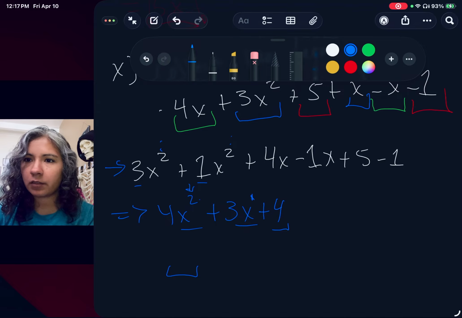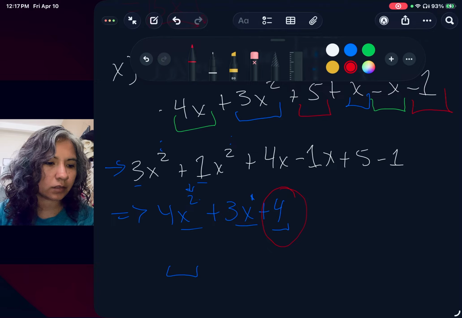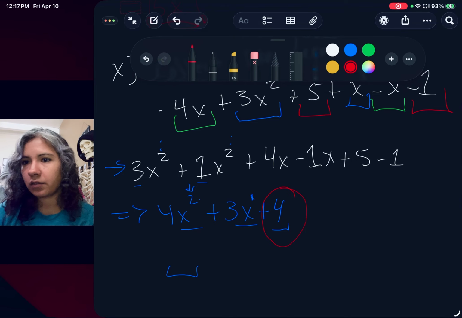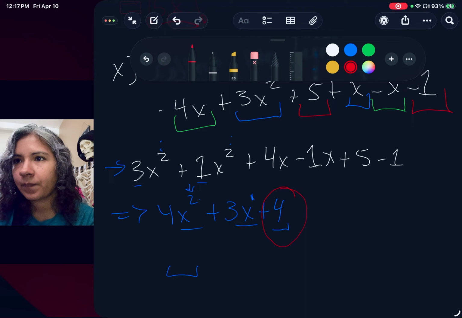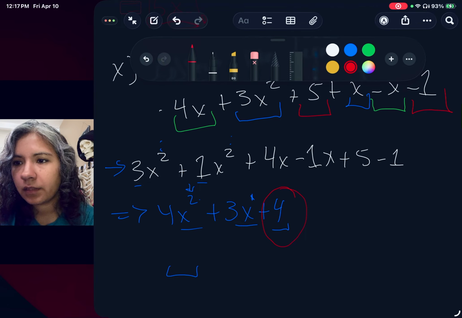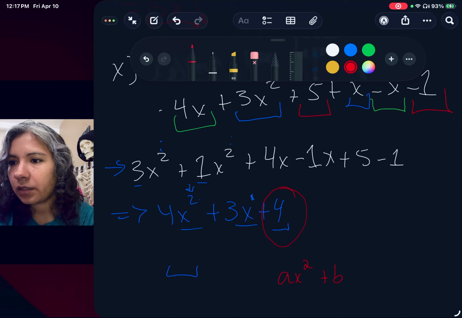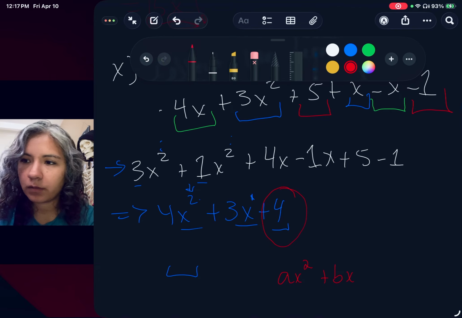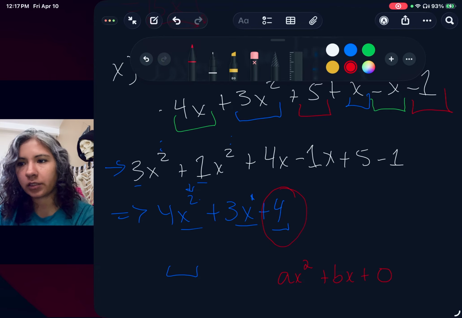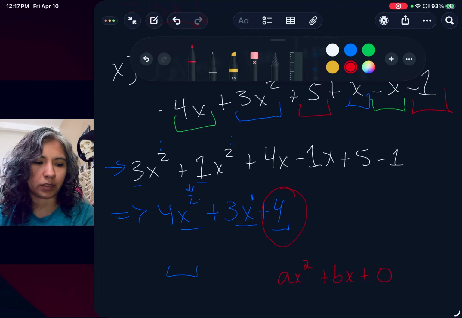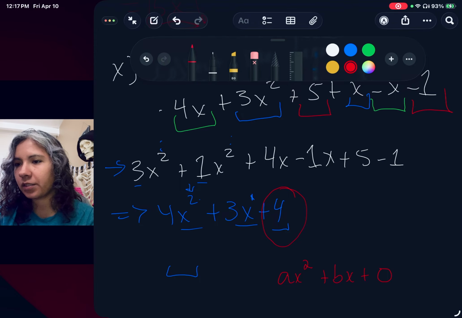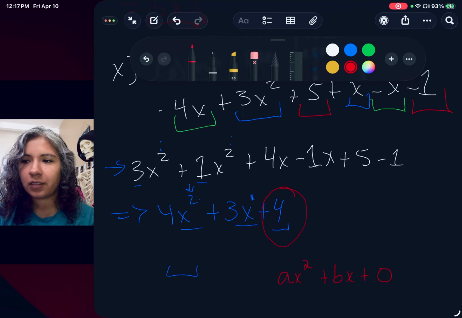So whenever we have an expression without this constant, it's understood that 0 is the constant term. So if we had ax squared plus bx, we would just know that the constant is plus 0. Okay, we don't write it out. It's just like another ninja number that we don't always show,